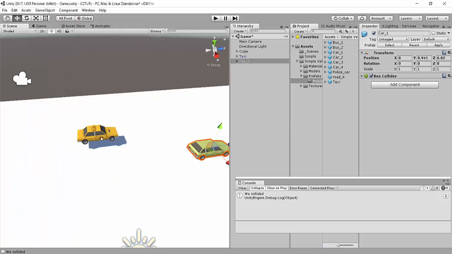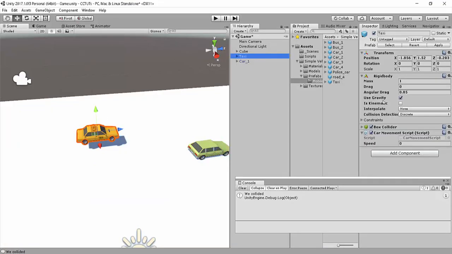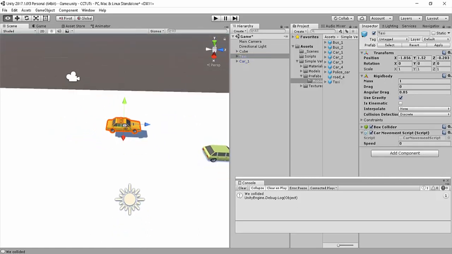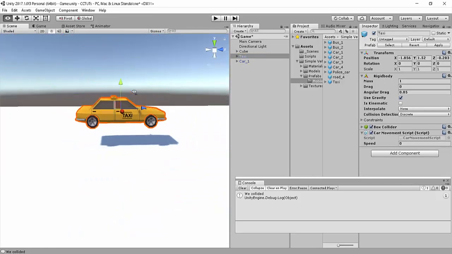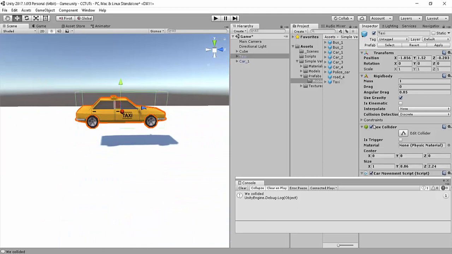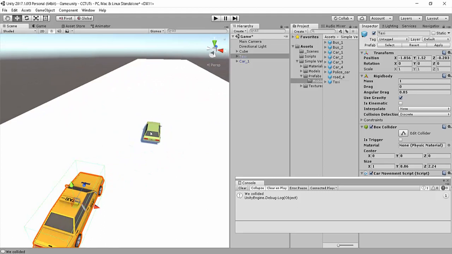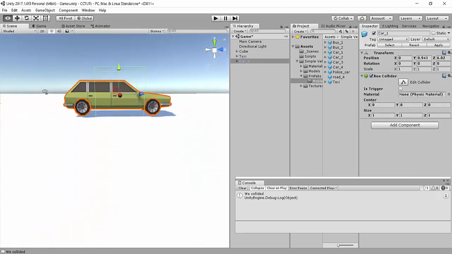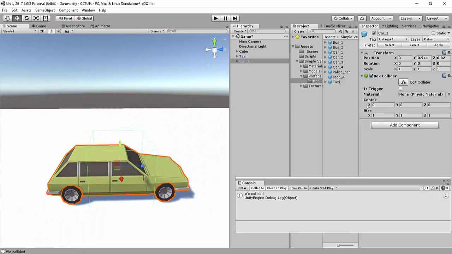So when the collider of my taxi, which we set up here, if you remember, this little box collider that we set up. Where is it? Box collider. Yeah, so this green little cube, when this collider hits the collider of this car, that's when we will have a collision. So I'm going to increase the size of this just like so,